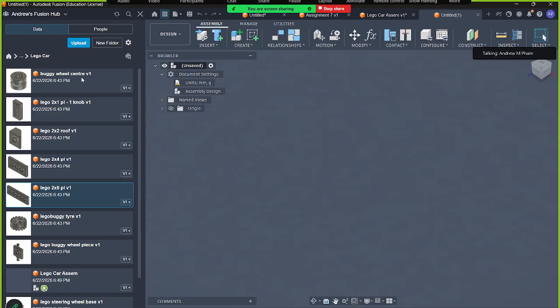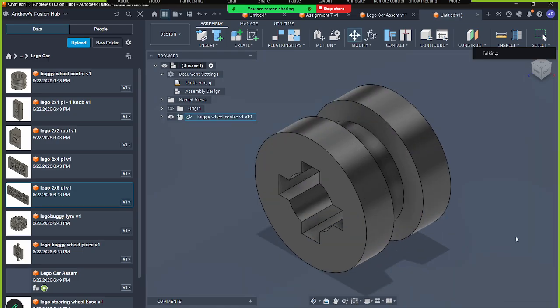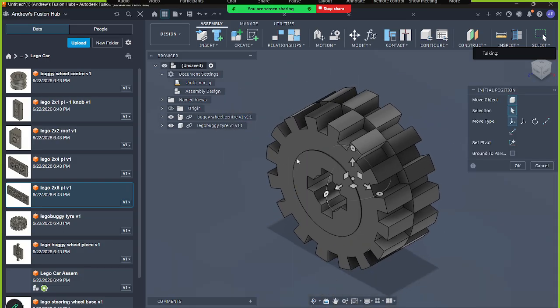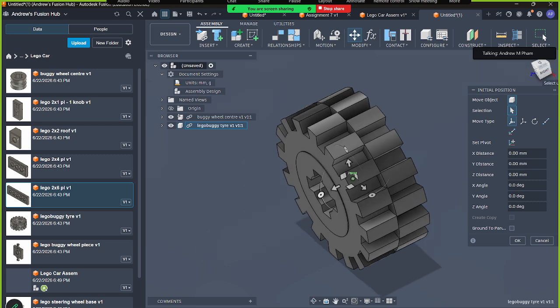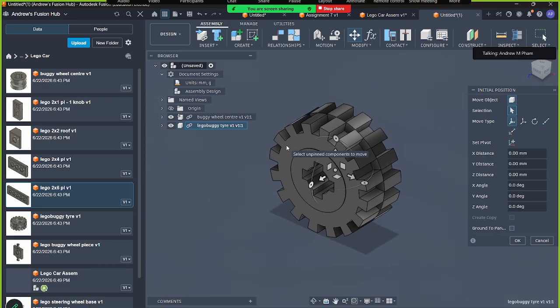To me, the foundation of this assembly is the wheel and not the tire. So I'm going to insert the wheel. Looks good. It's grounded. And then I'm going to insert the tire. Honestly, in this current state, the tire is kind of in the perfect spot, which is great, but it's